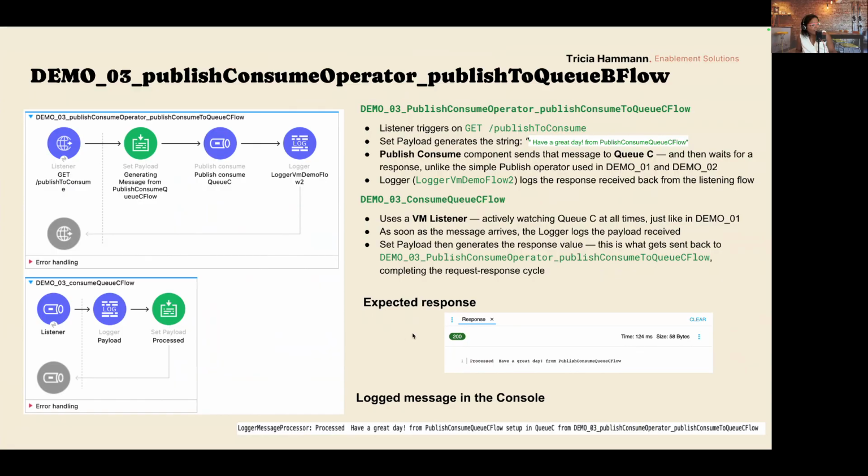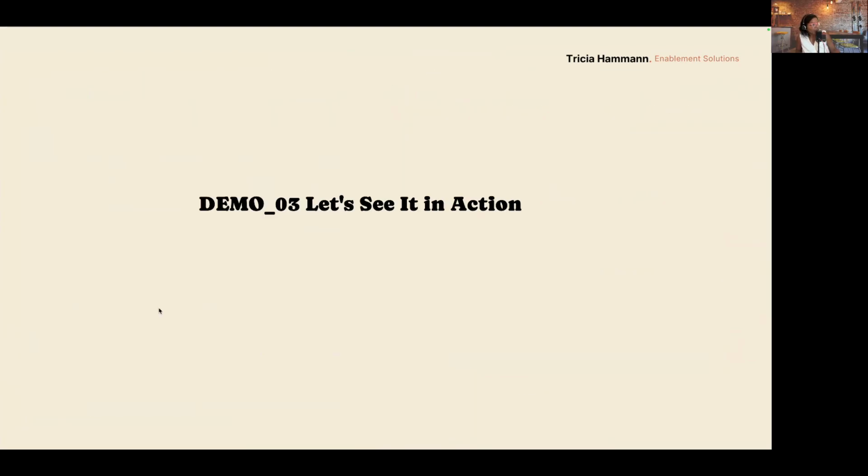So the expected response here is processed, have a great day, from publish consume QC flow. And the log message in the console is processed, have a great day, from publish consume to QC flow set up in consume QC flow. And yes, so we understand what I created.